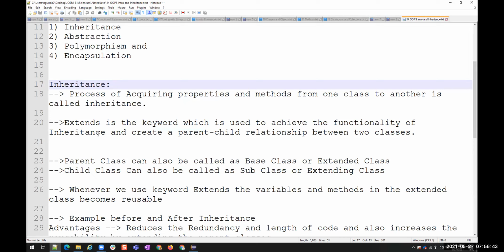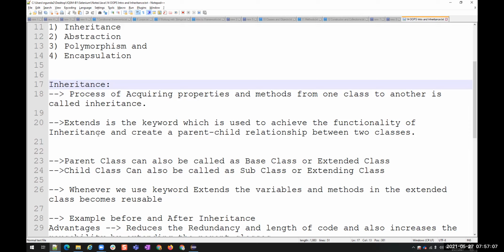Some people might call them parent and child. Some people might call them base class and subclass. Some people might call them extended and extending classes. So these are different terminology for the same classes. No need to worry. Whether it is a base class, an extended class, or a parent class, all three refer to the same class.